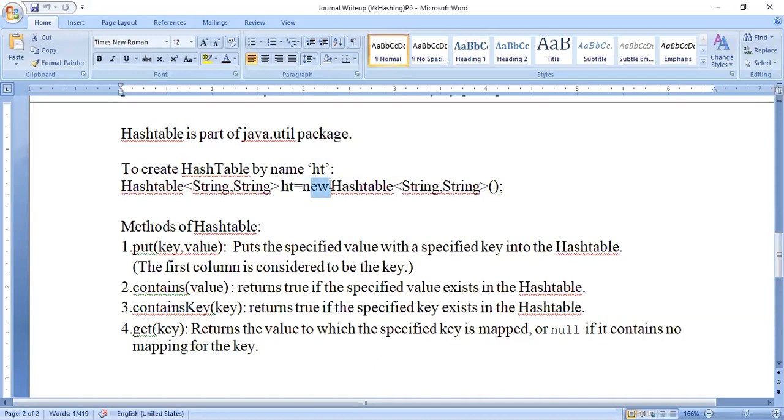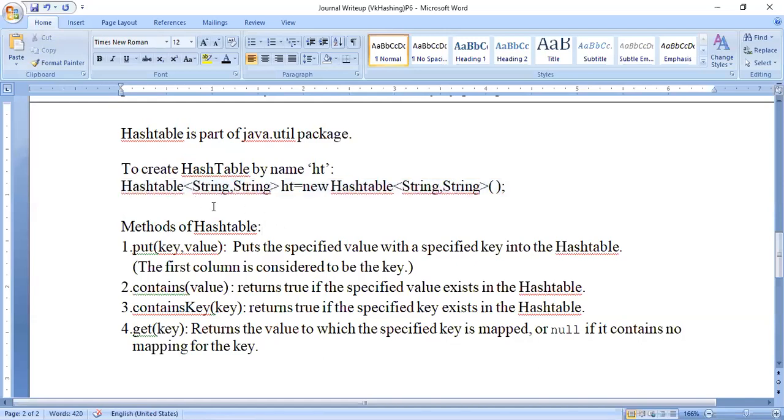As usual, our syntax is new Hashtable, and again the same String comma String. But because when I create an object I have to call a constructor, I have to give the open and close round brackets. Clear? So this is the syntax to create a hashtable. You have to remember it as it is, and type it in the program like that only.